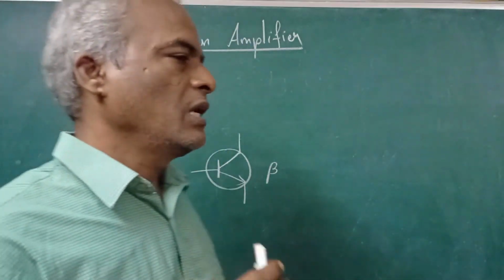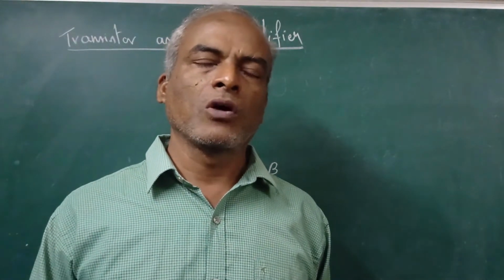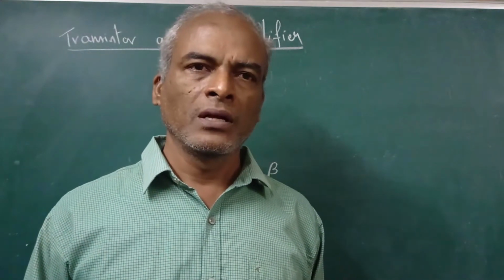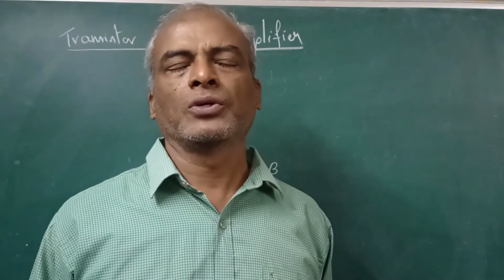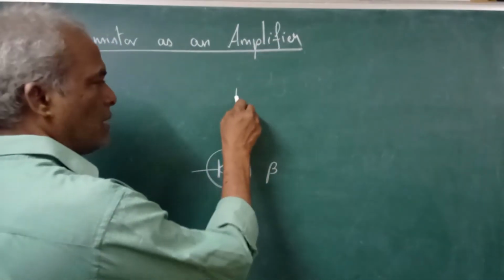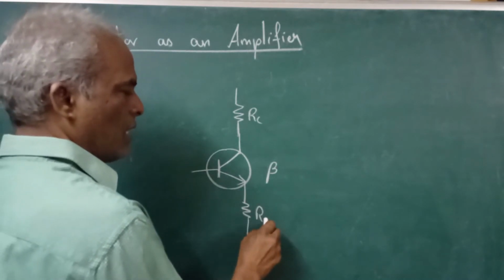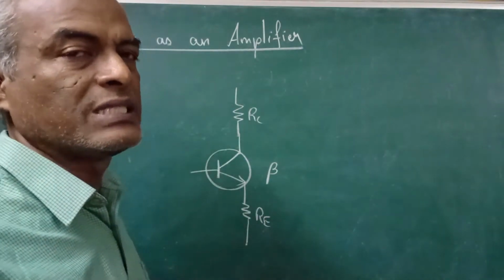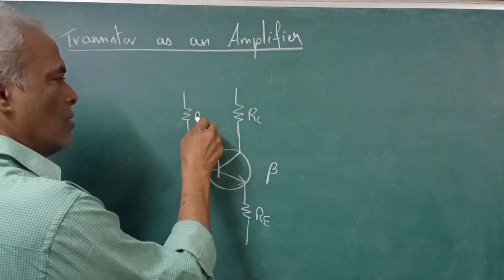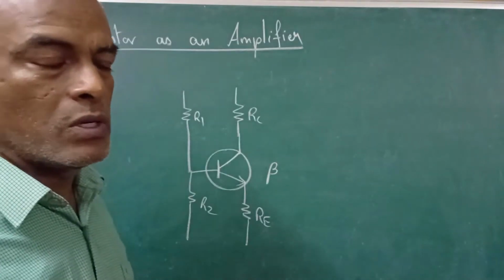Now generally we have three types of biasing: fixed bias, feedback bias, and voltage divider biasing. Out of these three, voltage divider biasing gives very good stability to temperature and to variation in the Q point. So we will go by voltage divider biasing. For this, we need resistances RC and RE. This RE introduces a negative feedback for stability purposes. Then we have R1 and R2, the voltage divider resistances.